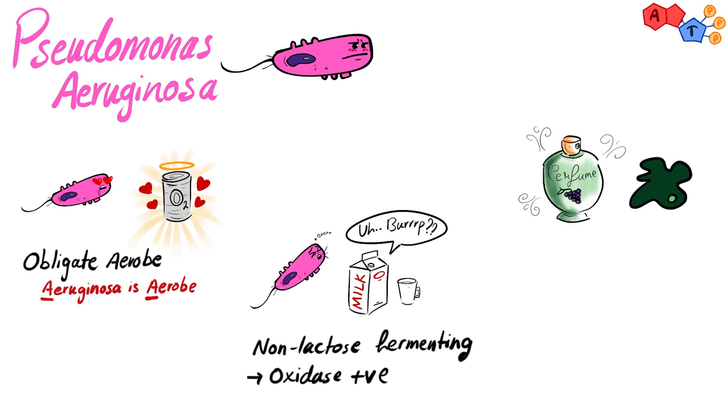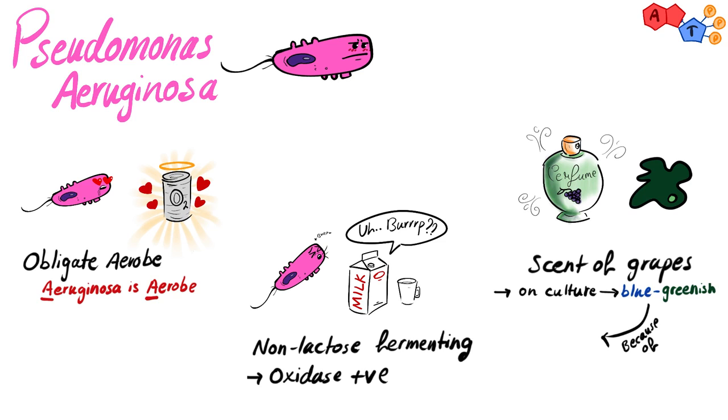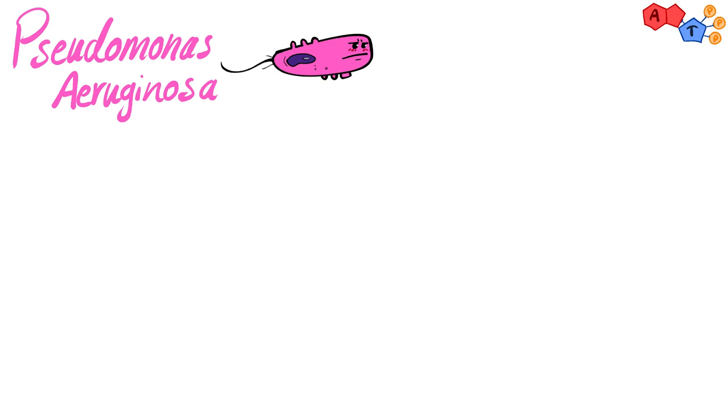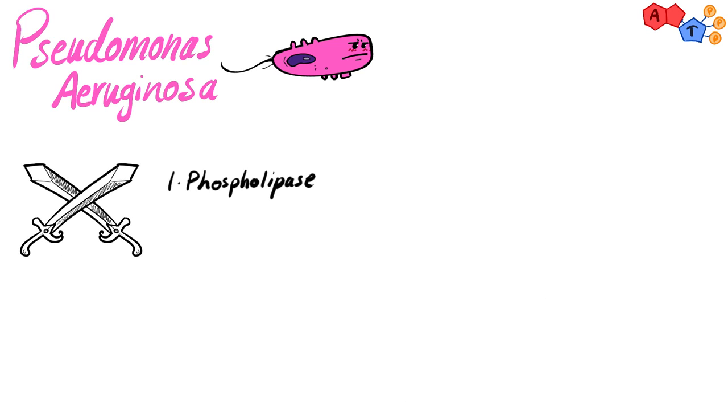And on culture, he has the scent of grapes. Moreover, the culture would look blue to greenish, and this is because he produces a blue-green color from the pigments pyoverdin and pyocyanin. When it comes to his virulence factors, he has some mighty weapons such as phospholipase C, which